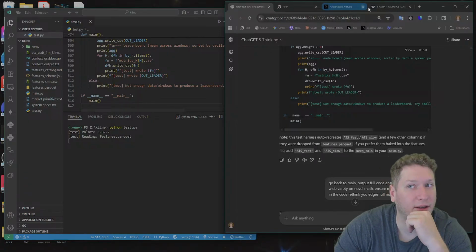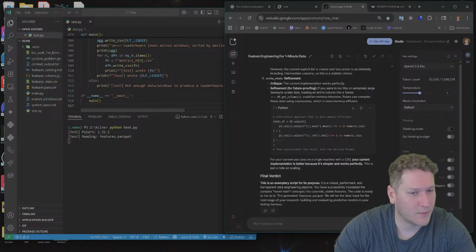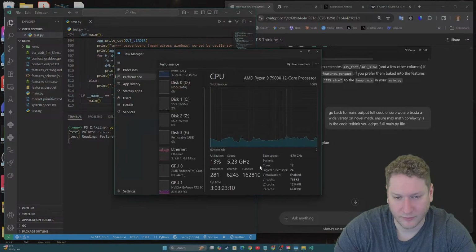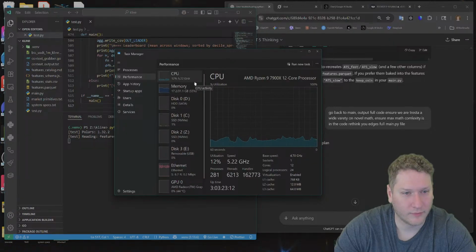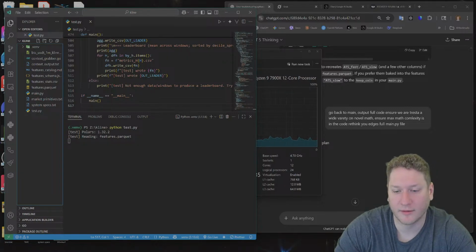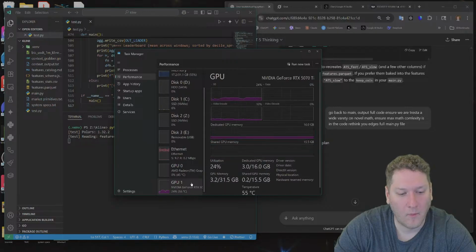We did not want that. Let's just wait for that to finish here. So the test file is definitely taking a lot longer than expected. And it's using GPU, which is interesting.